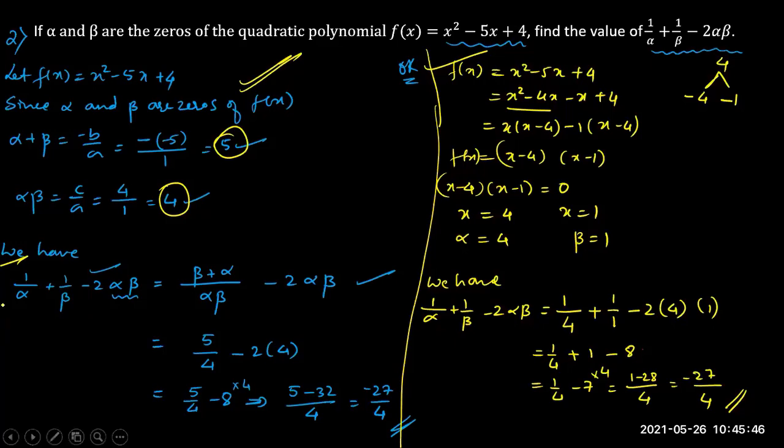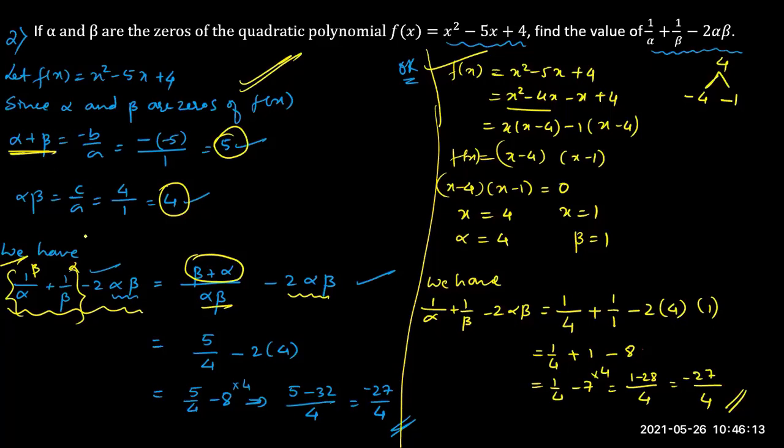First method, yes, sir. Okay, this is the given expression. So first you take the LCM of these two terms, that is alpha into beta. Here beta will multiply and here alpha will multiply. So that will become beta plus alpha, correct? So minus 2 alpha you kept as it is. So beta plus alpha is nothing but alpha plus beta only, commutative. 2 plus 3 or 3 plus 2.